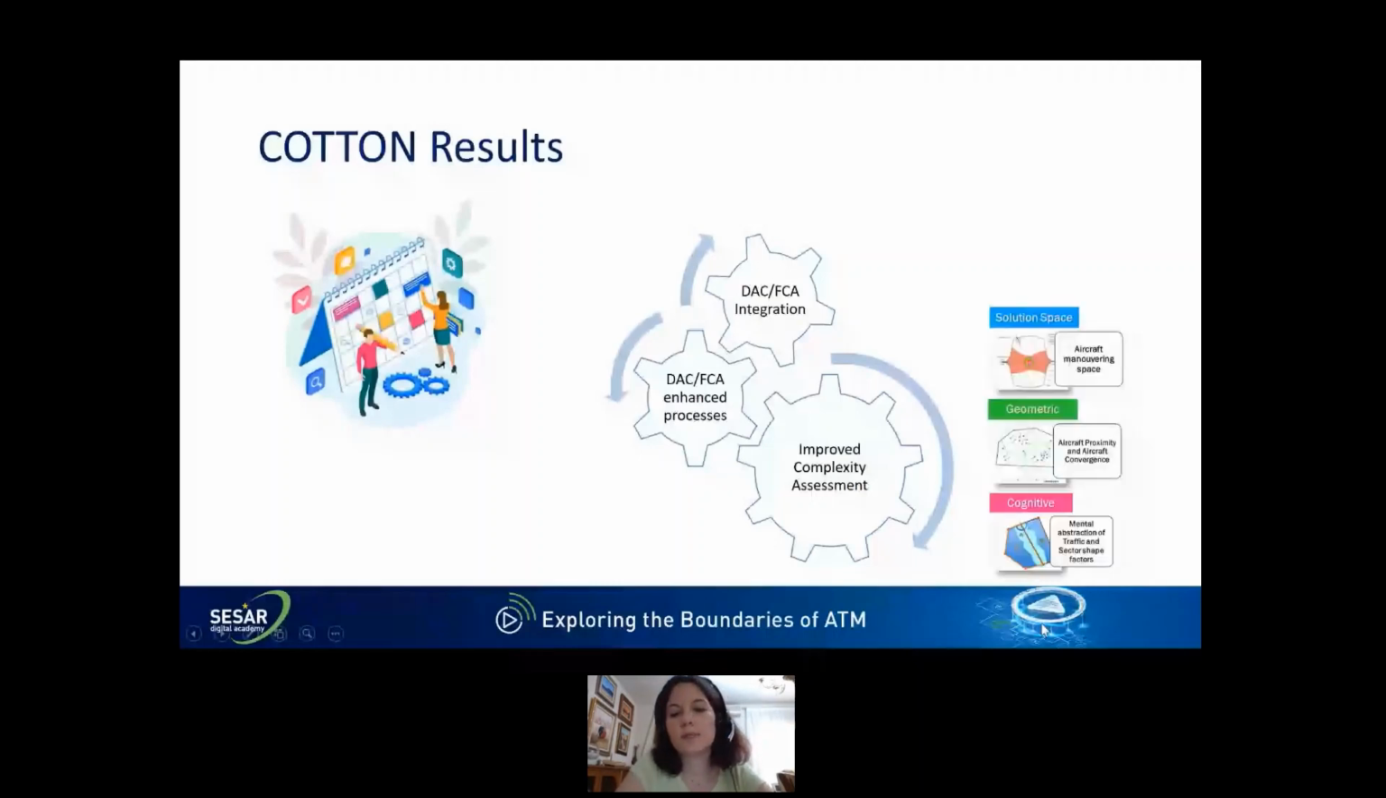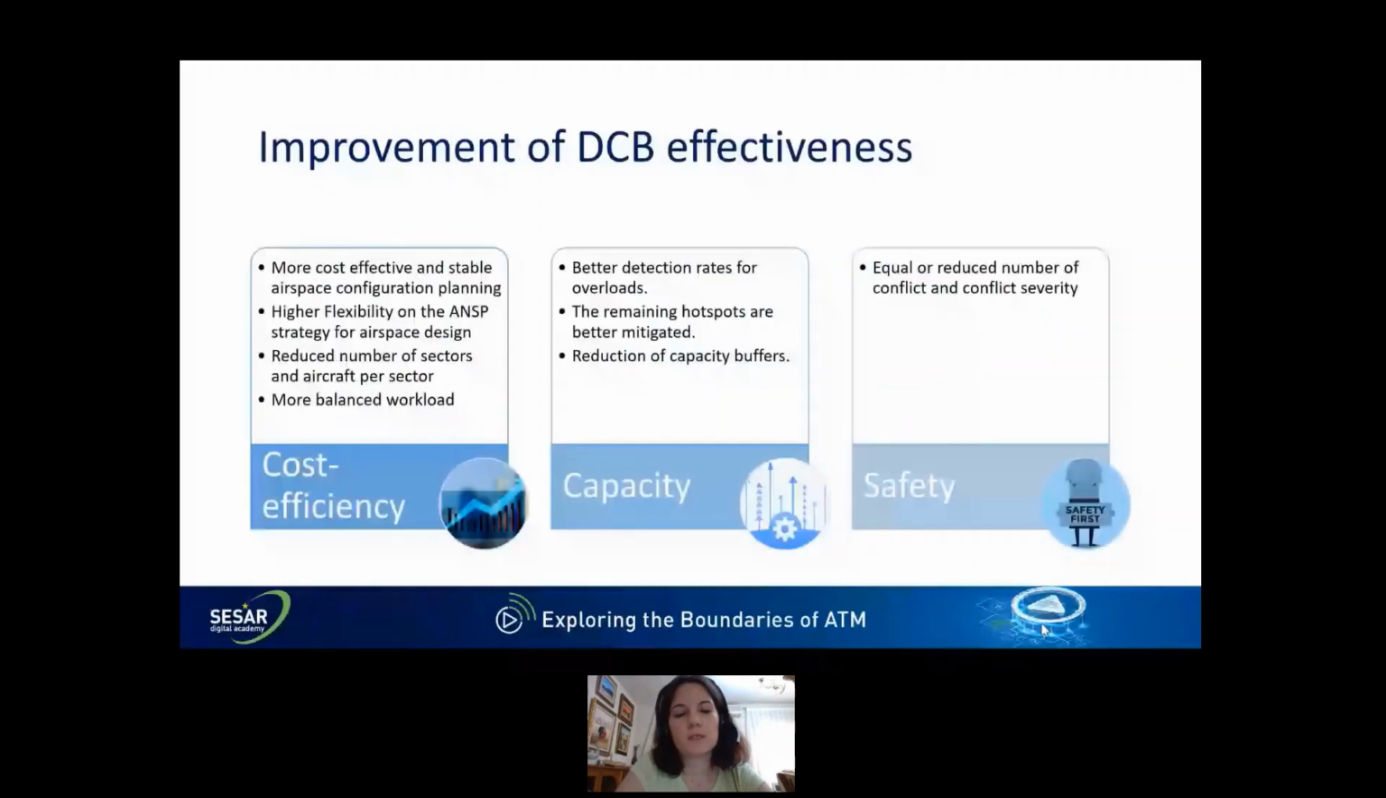What are the improvements that that concept will provide to the DCB? What are the expected improvements demonstrated by Cotton experiments? In terms of cost efficiency, Cotton solution, the use of cognitive complexity, probabilistic cognitive complexity, will provide a more stable airspace configuration, will allow higher flexibility to the ANSPs to